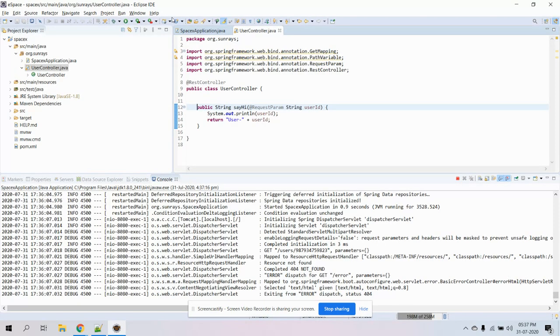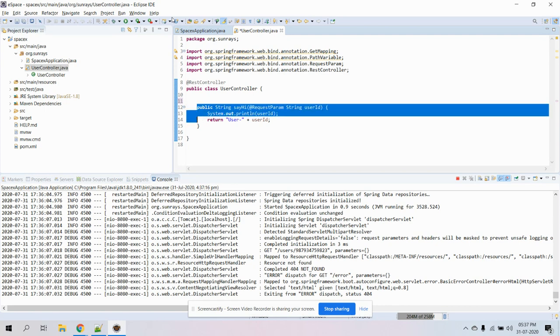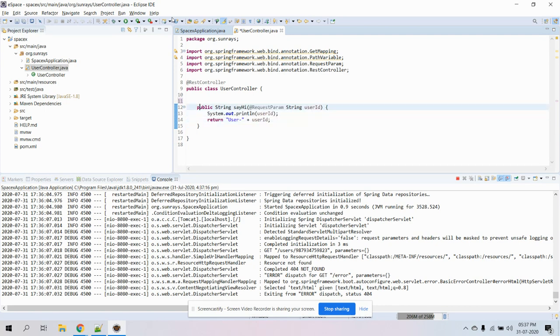Let's go to our code and we'll see. This is a class annotated with RestController. So my class is enabled for handling RESTful web services and REST endpoints. I'm going to expose this method with a REST endpoint.